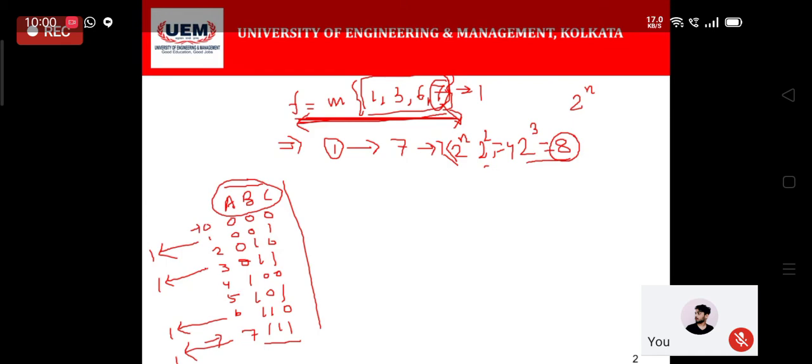So what I said is that apart from these 4 values, all other values are 0. Now, if we want to implement this function using a multiplexer, what will we do? We will take an equation like 2 to the power n minus 1 to be the input lines of the multiplexer. Think about this very carefully. So 2 to the power n minus 1 is the number of input lines, where n is the number of variables.